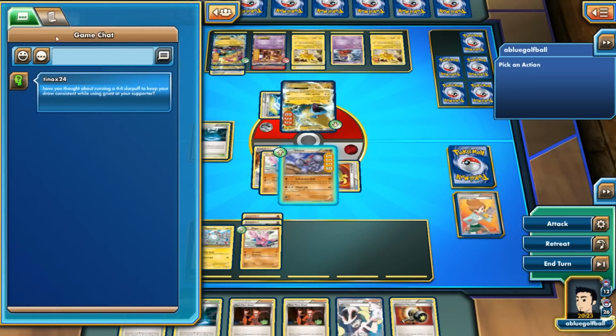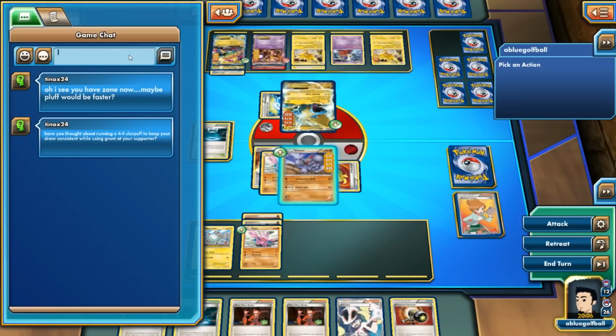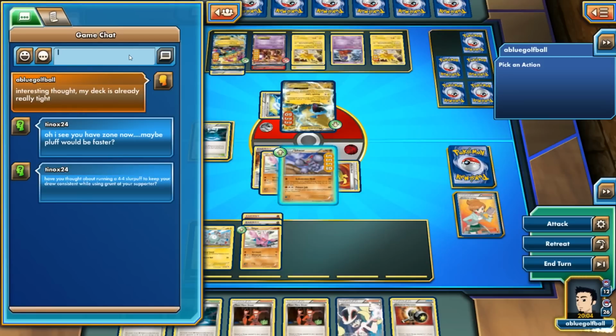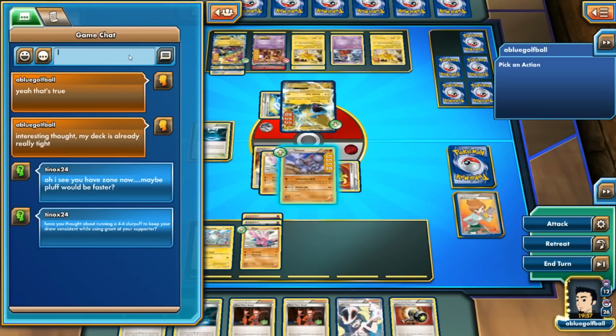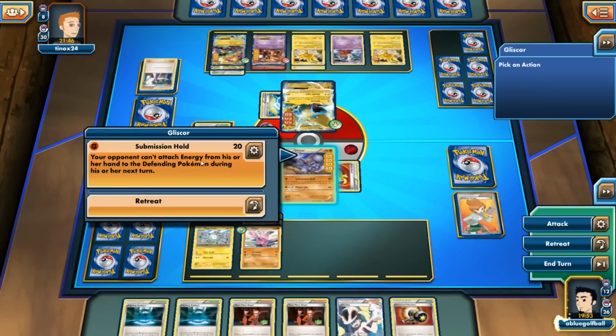Wait, what did he say? He says, have you thought about running a full... Huh. Interesting thought. My deck is already really tight. Yeah, that's true. Magnezone does help it a little bit more with consistency. But